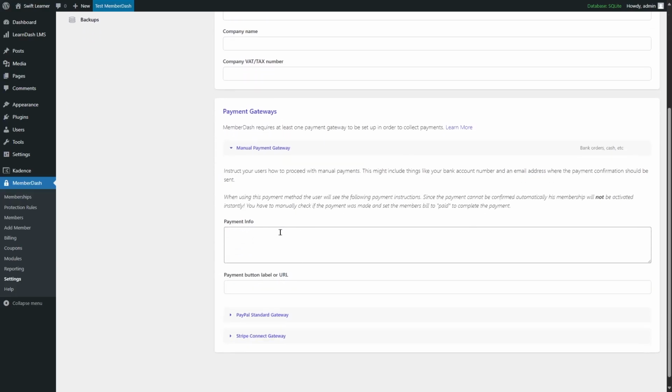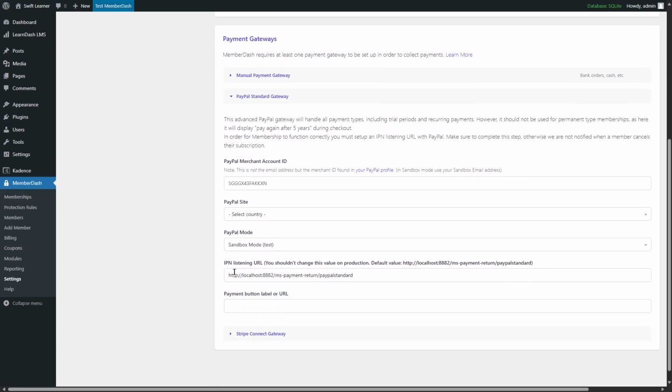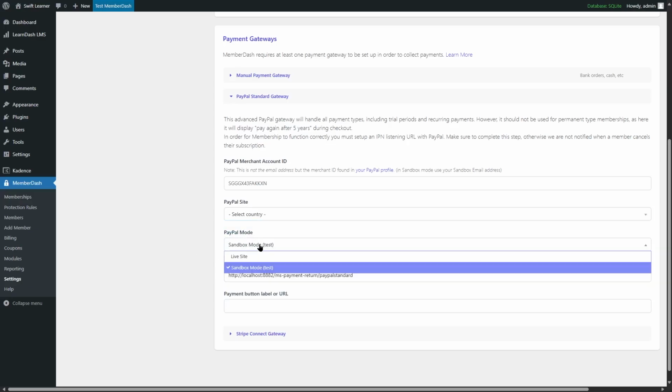You can add in your payment info, your payment button, label, or URL. Then you can take a look at the PayPal standard gateway. If I expand this, you can add in your PayPal merchant account ID, PayPal site. You can select the country from here, PayPal mode, which is the sandbox mode for testing. So if you want to test whether your PayPal is working correctly or not, you can have this sandbox mode enabled